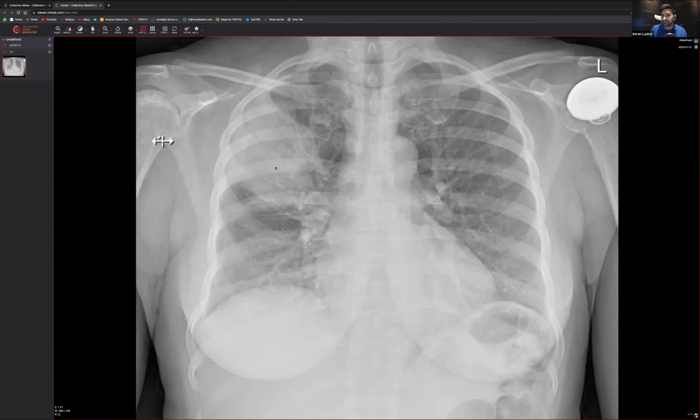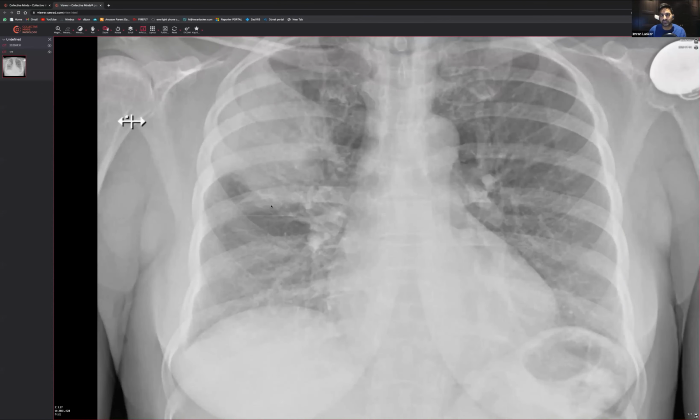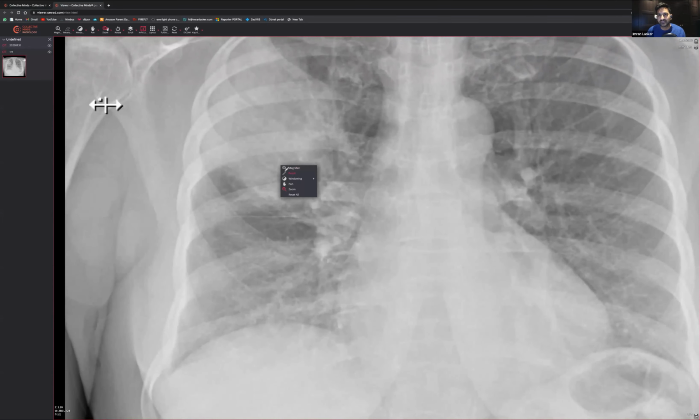Now you think, okay, what is that opacity? What you need to do is really zoom in and have a look. Can you see that there are these radiolucent lines going along like so, going along like so, right? Those lines are basically air bronchograms. And air bronchograms are very, very important when you're trying to identify consolidation. Now, consolidation can happen for lots of reasons. It could be infection like pus, it could be lymph, and it could also be blood. So depending on the clinical history, you can have consolidation.